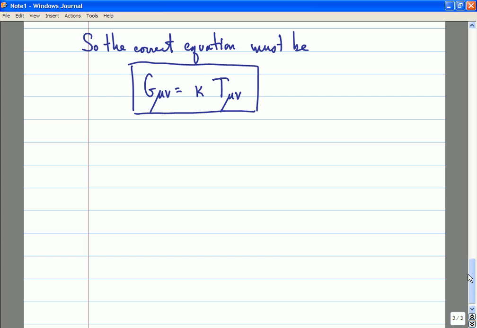So the first thing we better ask about this equation is whether this reproduces everything that we know and love about Newtonian gravity in the appropriate limit. So does this reproduce the equation of motion of Newtonian gravity, which determines the Newtonian gravitational potential in terms of the sources which are present,